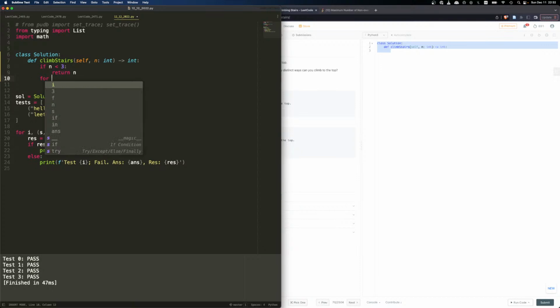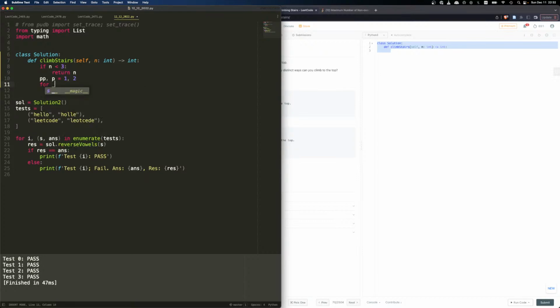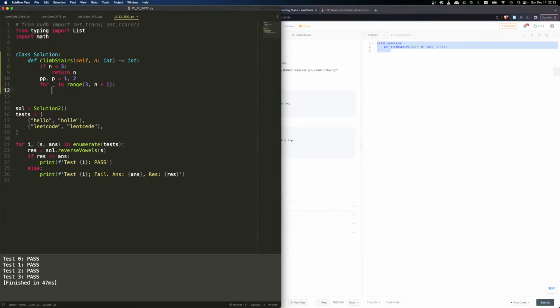Otherwise, pp and p should be 1 and 2, right? Then for i in range 3 to n plus 1, what I'm gonna do is